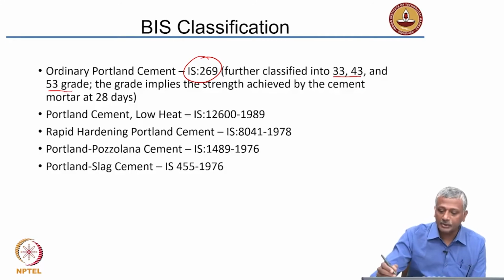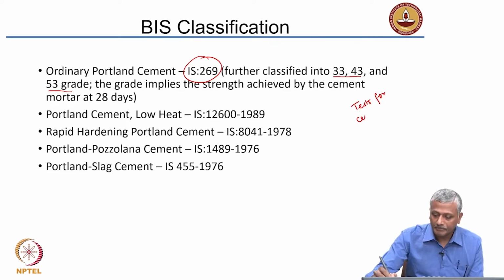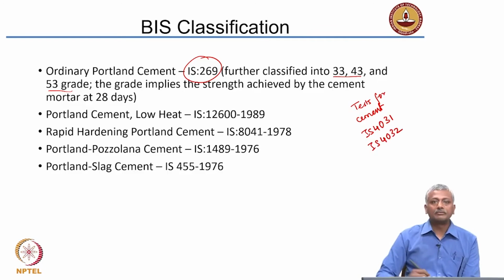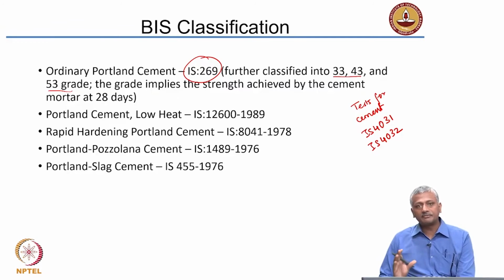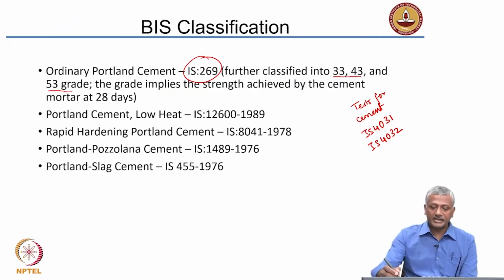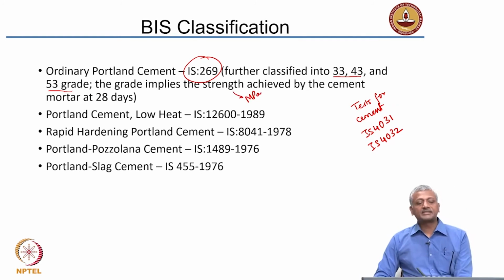I should also tell you that the tests for cement are covered in IS 4031 and IS 4032. One is related to physical properties involving specific gravity, fineness, compressive strength, etc. The other is chemical properties, how to determine the oxide compositions and so on. So, 33, 43 and 53 grades refer to the strength in megapascal. The grade implies the strength in megapascal achieved by the cement mortar